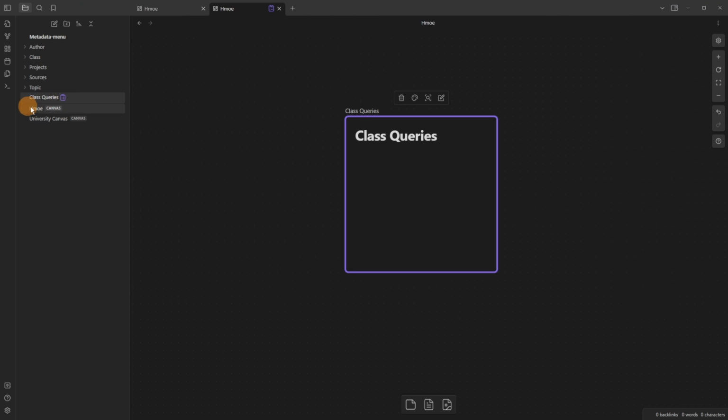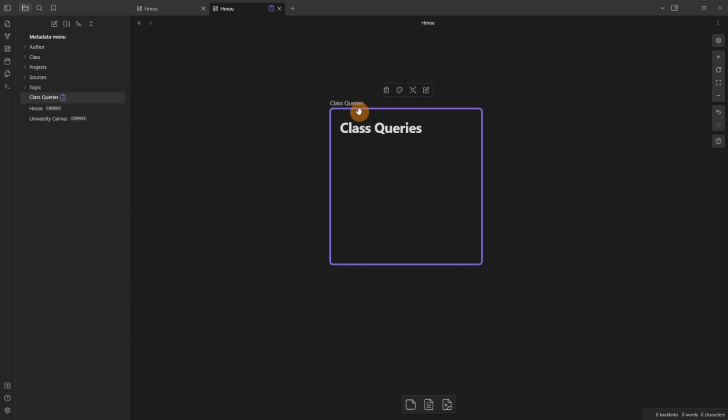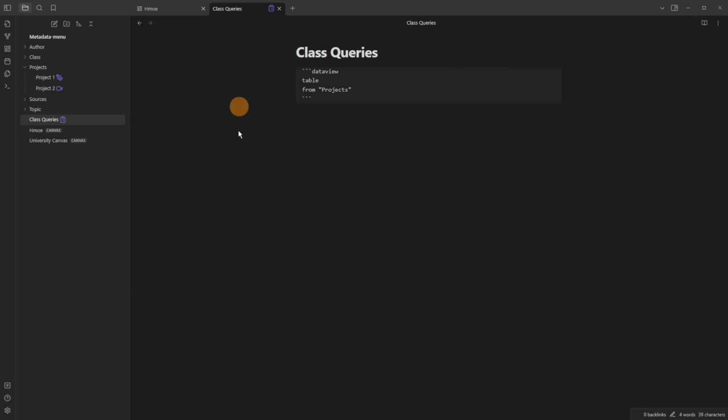What I do is have a home canvas, so this is a canvas called home. I have a file called class queries. Then inside of that file, and what I'll do is add Dataview queries. I'll leave a link in the top right for other Dataview things, but this is a very basic one. There's a table, look from, and then we've got projects folder. So I'm not using the class or a tag, I'm using a folder. So it's going to look for project 1 and project 2, and when I come out, there's project 1 and